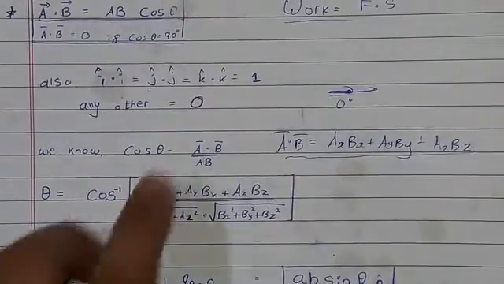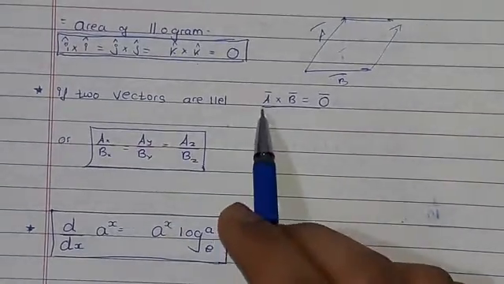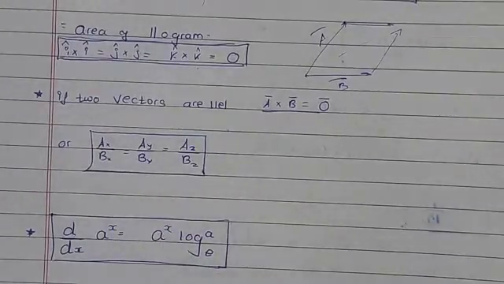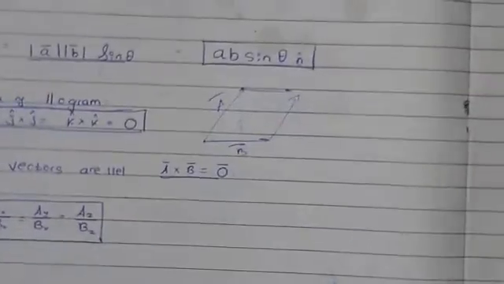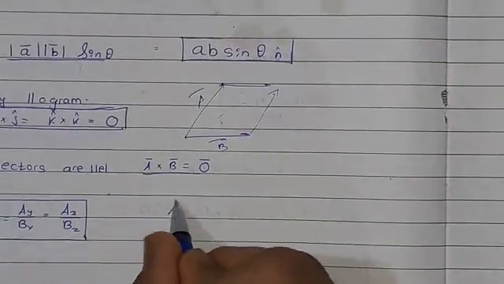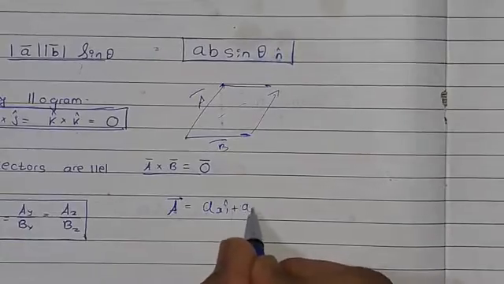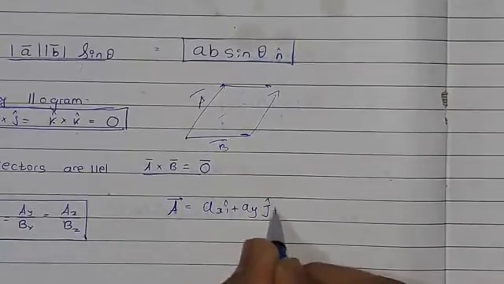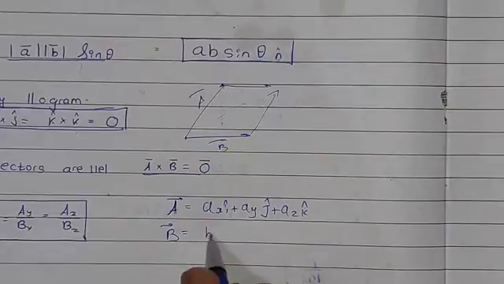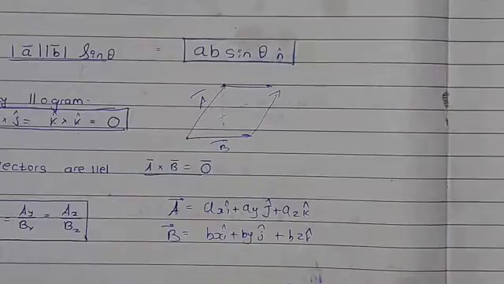Here in the dot product it equals 1, and in the cross product it equals 0. If the two vectors are parallel then the cross product is 0. Or we can also say AX upon BX is equal to AY upon BY is equal to AZ upon BZ. Let me tell you another trick to find the cross product of two vectors. If A bar is AX i cap plus AY j cap plus AZ k cap, and B bar is BX i cap plus BY j cap plus BZ k cap,